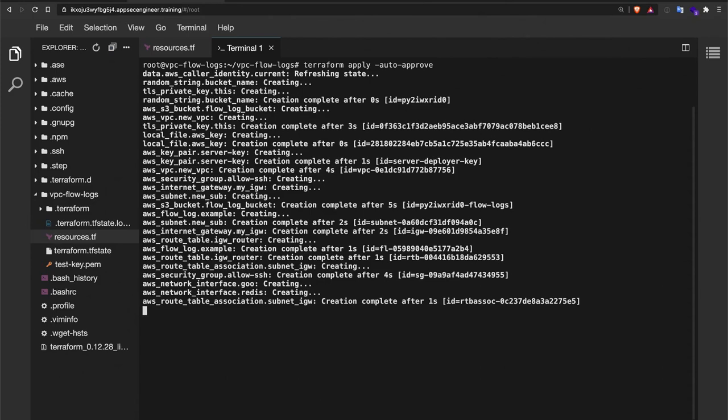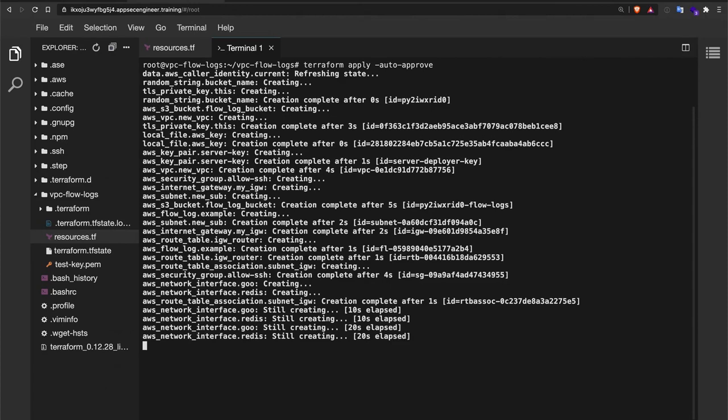Remember, there are two servers. One is just a very simple Golang application that's running on one server. The other one is a Redis server, which is supposed to be ideally in a private subnet without external access, but somebody has made a mistake. They've configured it on the public subnet with external access with a security group rule that allows access to 6379. So this is obviously not great.